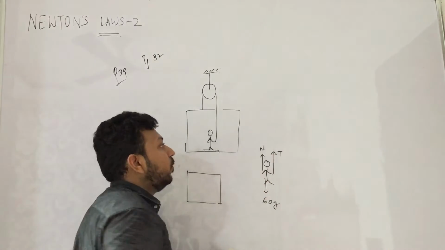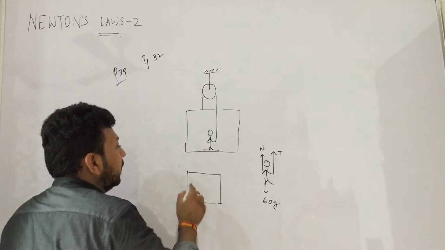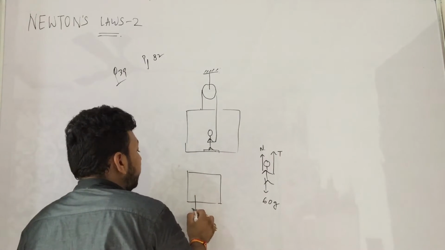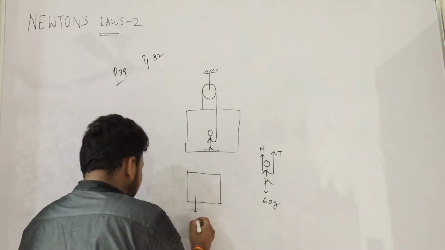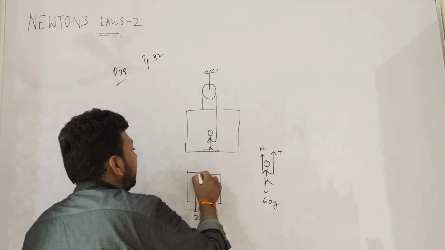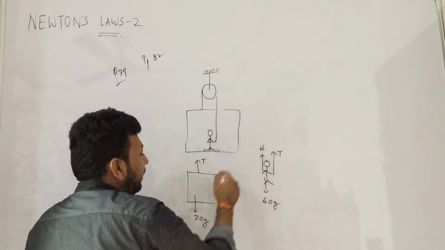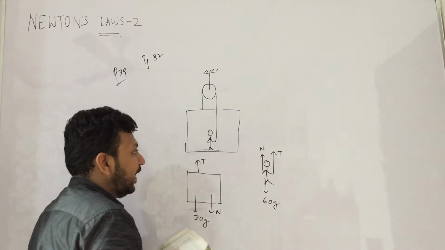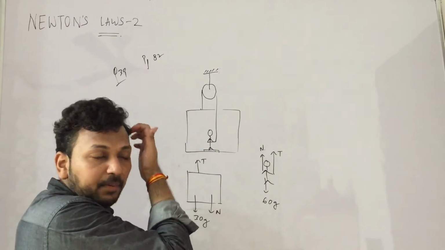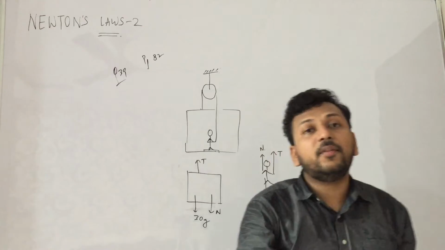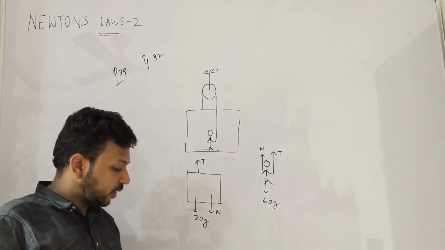Now this normal reaction only will be exerted on the weighing machine, and the weight will be shown according to this. If you consider the box, so again, if you consider yourself as the box, what will you feel? You will feel that 30g is acting here, tension is there, and again this box puts N on the man, and there will be an equal and opposite reaction N here. Yes. So this will be the FBD. Simple trick to form the FBD was to consider yourself as that. Consider yourself as the man, and you will feel these forces are already acting.